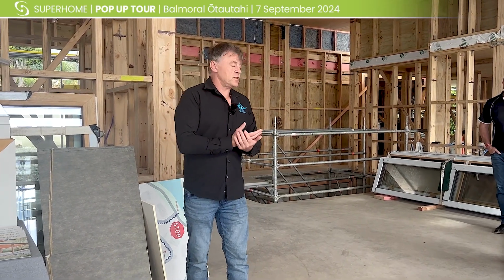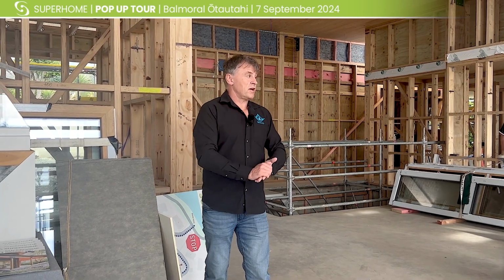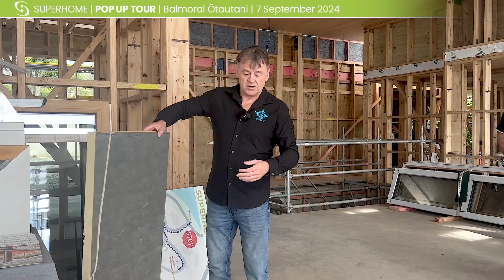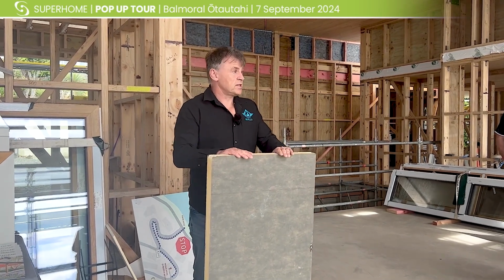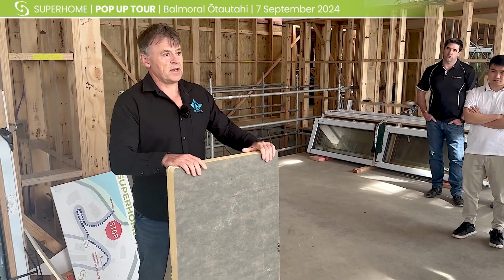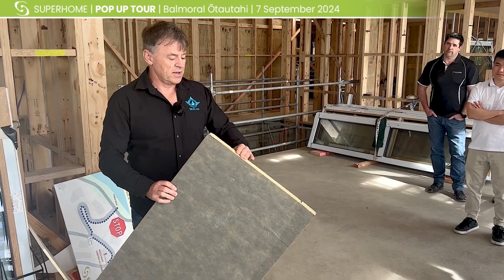Now, unfortunately we have to use solvent-based adhesives, but we use a very low VOC adhesive. It means we can't adhere our membranes direct to the polystyrene because basically the adhesive eats it. So we put a different layer in between the two, and this is what's called a polyiso. Polyisocyanurate is once again a European American product. It's a blown